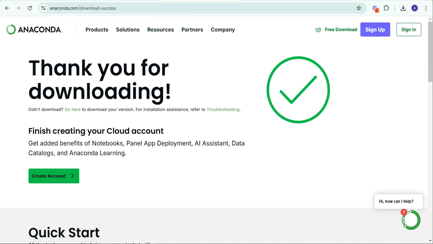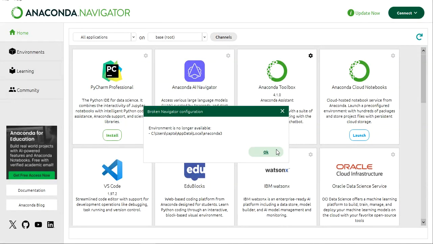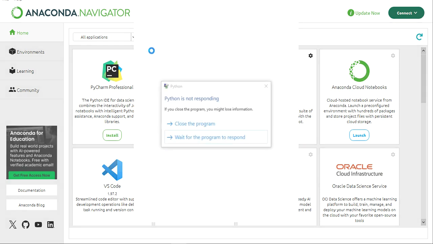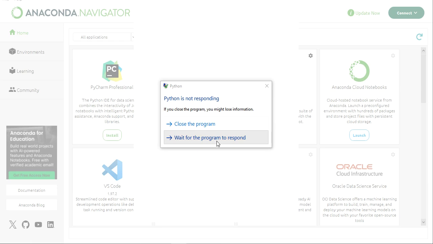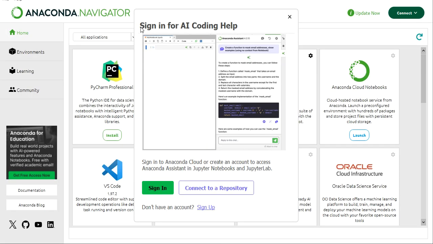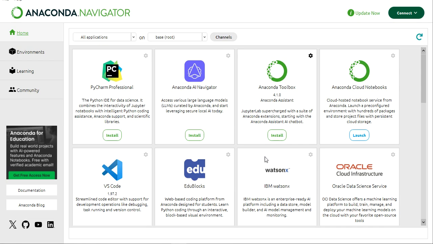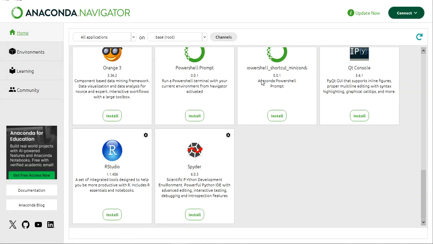On your browser, it would also have opened this, so you can close it. And okay, as you can watch, it's loaded over here. After that, it would say sign in for AI coding help. If you don't have an account, you could sign up over here. It would help you too much, and you can also sign in. But I don't need to do anything. So as you can watch now over here, you would see all your